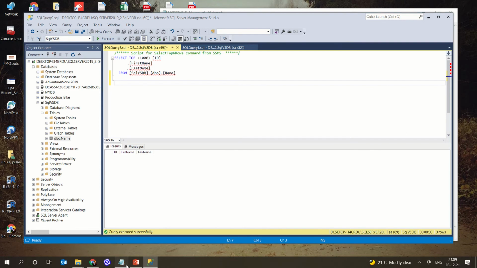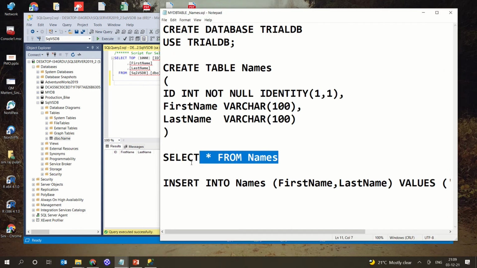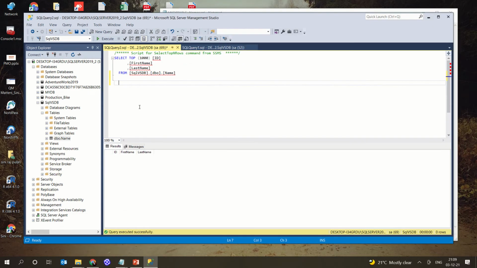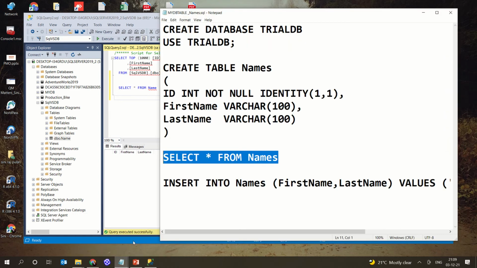Say if you simply give select star from name, and I select this particular query and execute it, nothing will be there, it will simply show you the structure.